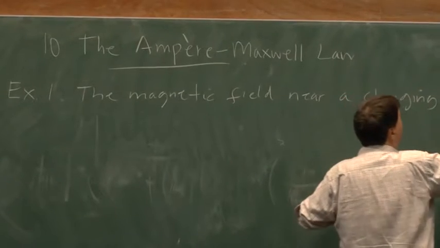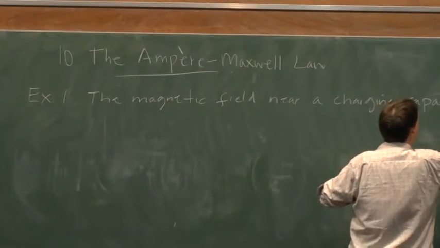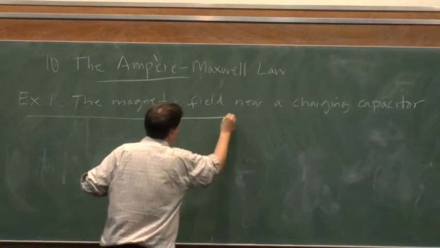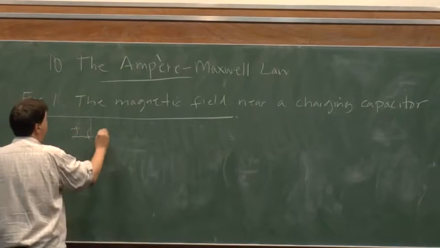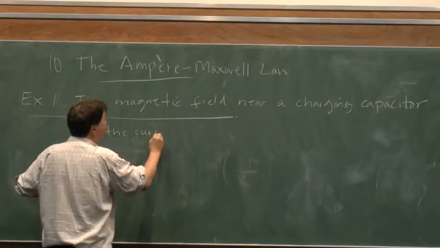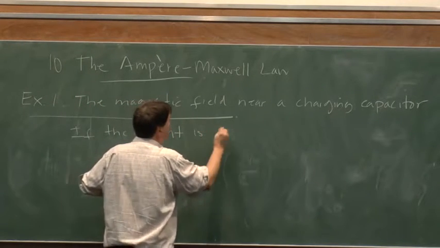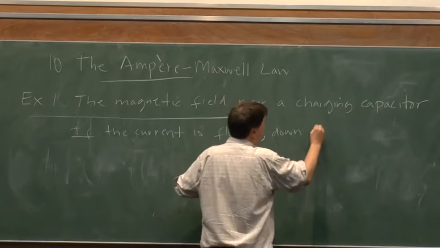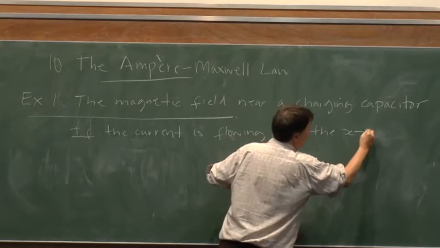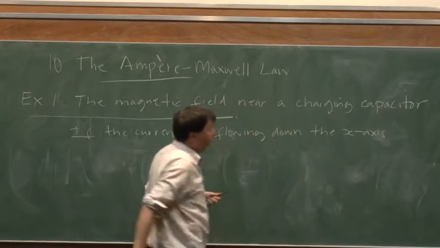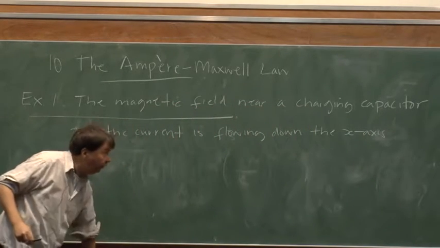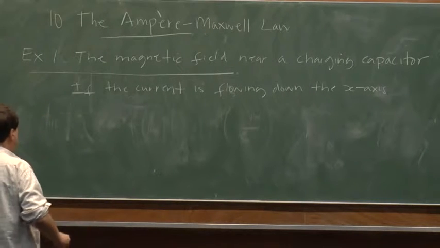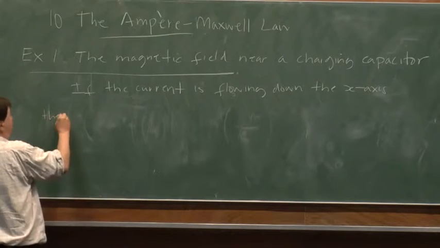And we appear to have a problem. If the current is flowing down the x-axis, this is just to give it a label. We could have made it the y-axis, we could have made it the z-axis, that's not important. But just to give it a label, if it's flowing down the z-axis, then Ampere's law